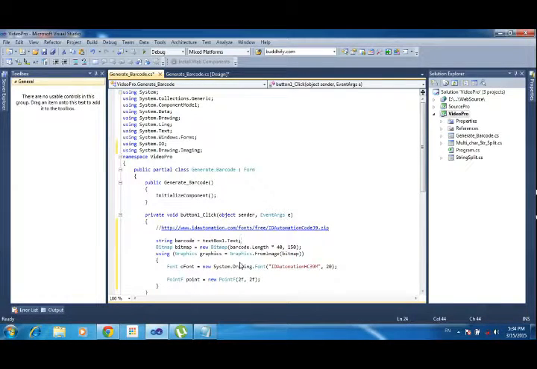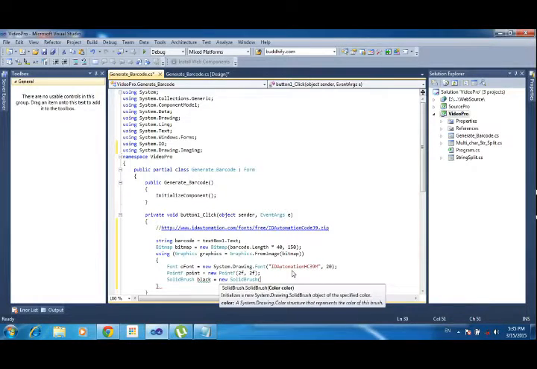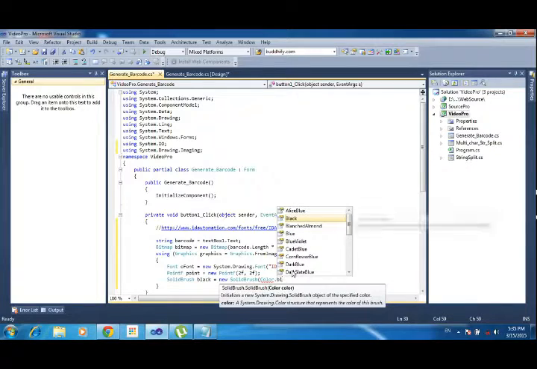Okay guys, we got these things. After that I declared the font size, which font, and the area of the picture box, and now I declare the background and font color. So I am declaring the font color. So solid brush black equal to new solid brush color dot black.